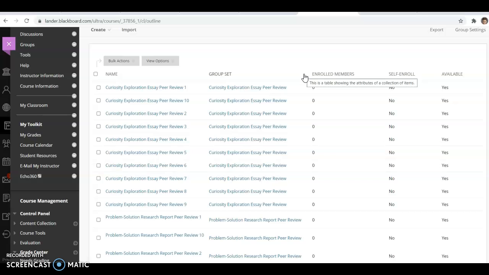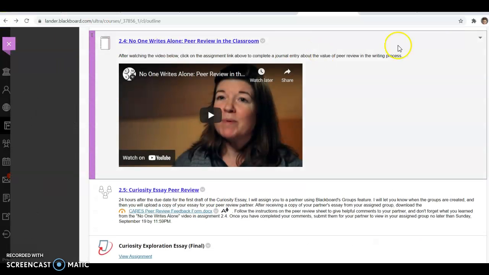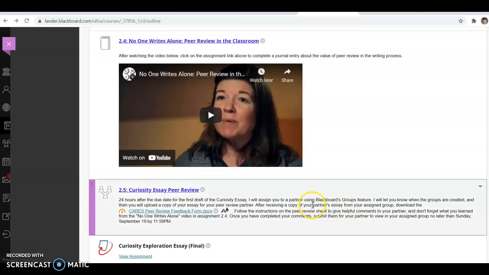And actually Tuesday morning, I will be sending you another set of instructions about how to access your group, how to see each other's work there, and what you need to do as part of your group. So there will be more instructions coming for assignment 2.5 because I want to make sure I collect everybody's drafts first. But just to give you a little overview, as it tells us here, 24 hours after the due date, that would be no later than Monday, 11:59. It'll be Tuesday morning by the time I get everybody collected there.